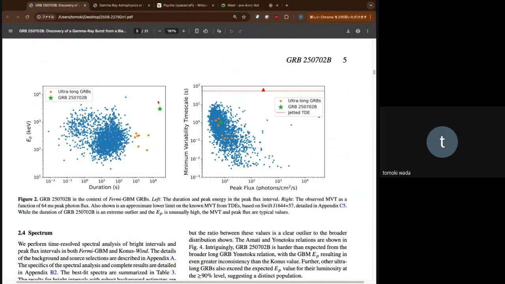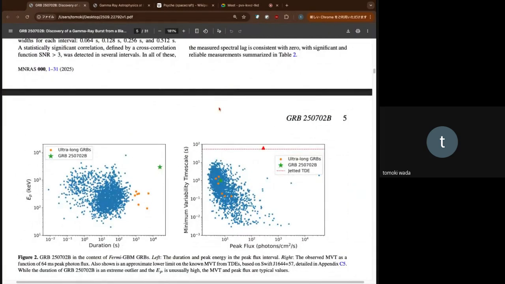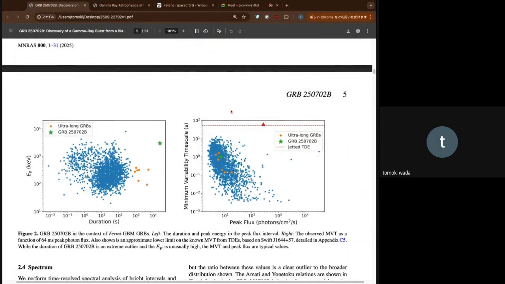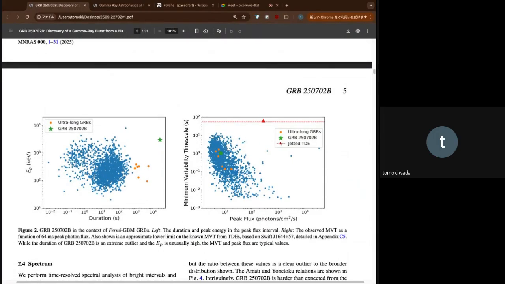Although they show very long time scale, its variability time scale is very small. It is about 1 second. So it shows 1 second variability and very long duration. This is important point of this guys. And for this kind of transient with very long duration, one possible scenario is some kind of jetted TDE. But